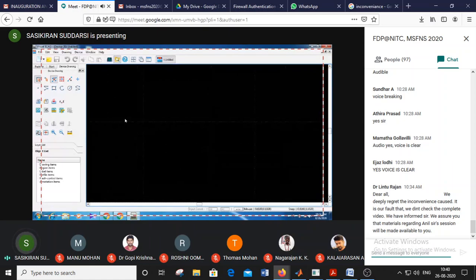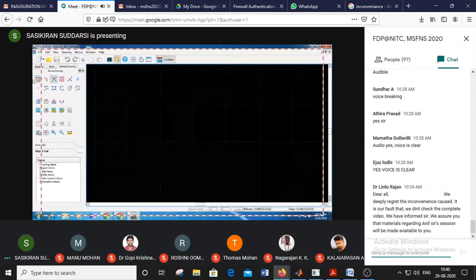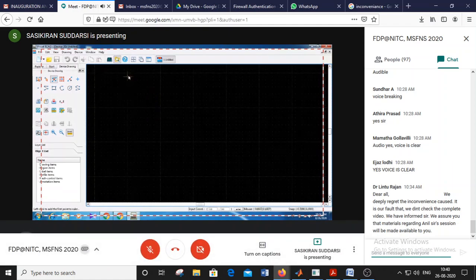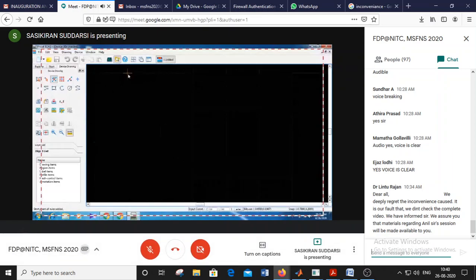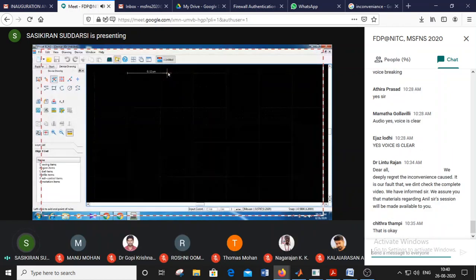So we will just use that scale here. This is called scale. Just click on that and place it anywhere. I'm starting here. Just with the left click, drag that one. My dimension for the first one is a substrate. It has 4 micrometers, right?